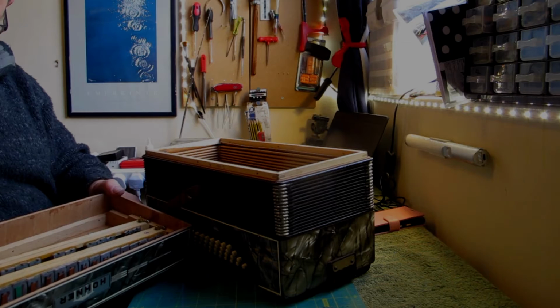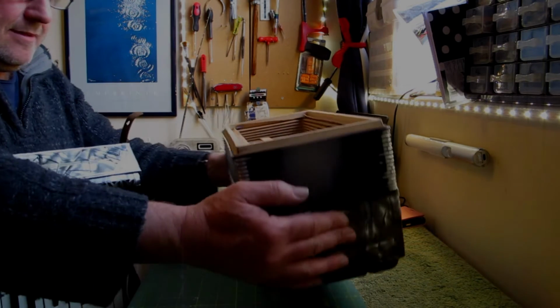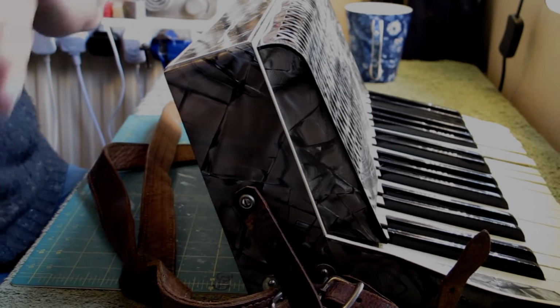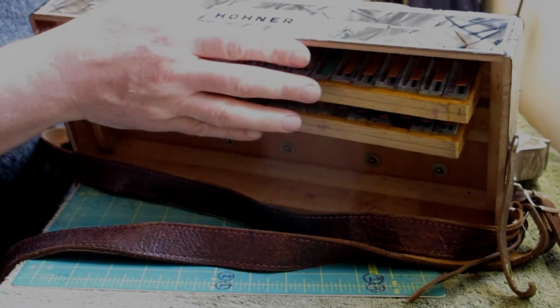Okay. Ooh. Right. What I'll do, I'll bring the camera in so you can see what it is. Just here. So just give me a second. Okie dokie. Time to get the treble reed blocks out. So, just a simple question of